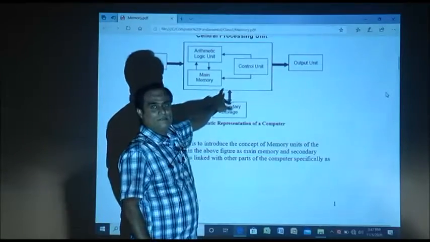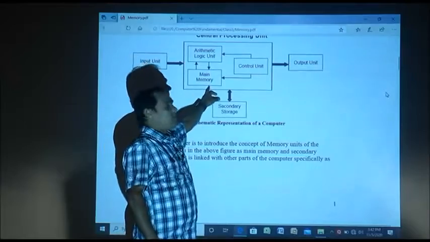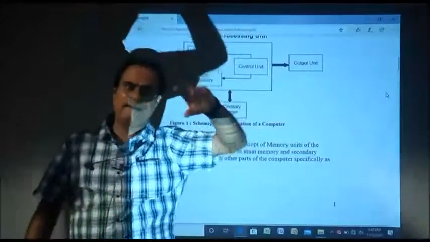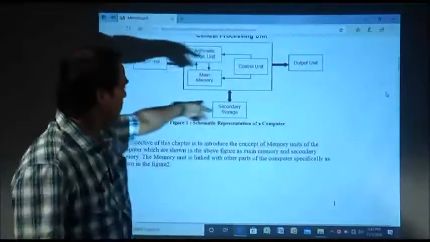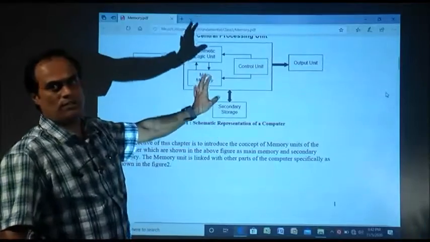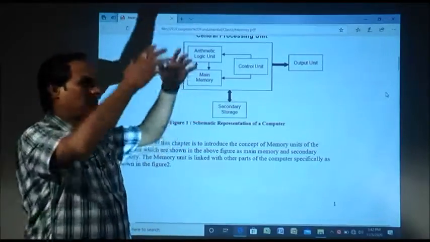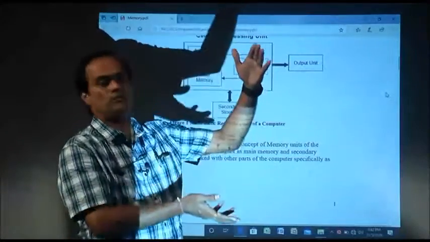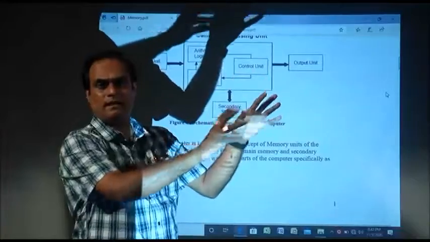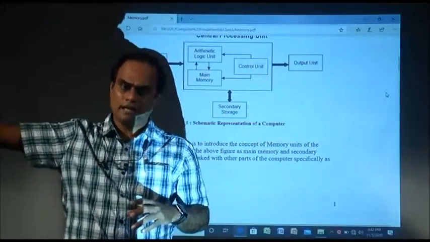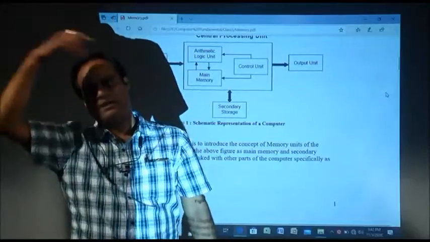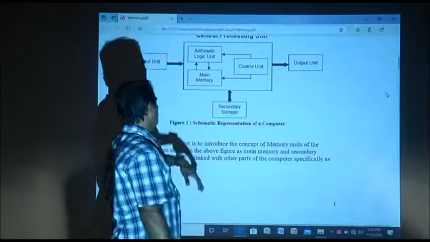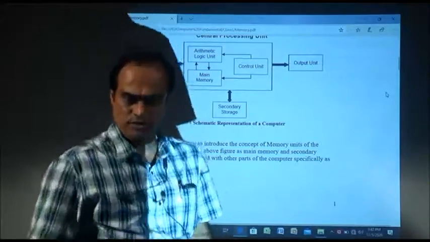So, in the computing system, during the processing we are using the main memory, and the secondary storage means if we want to store the data permanently for future access, we use the secondary storage. So, it is also very important. Suppose I give you one page to write, yes or no. If you write it a single time and you need it in the future, definitely you have to store it permanently, then you can access it in the future. Okay. Next,